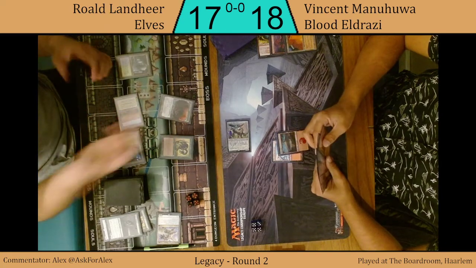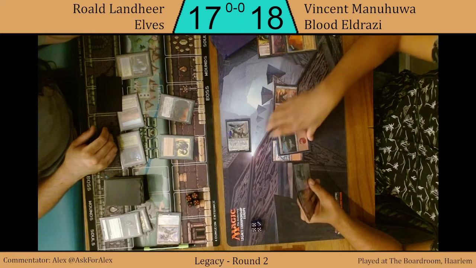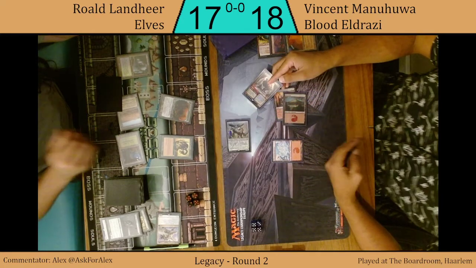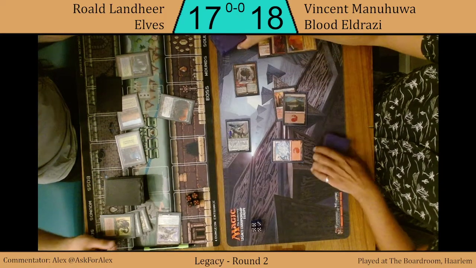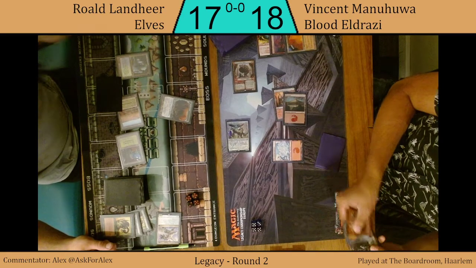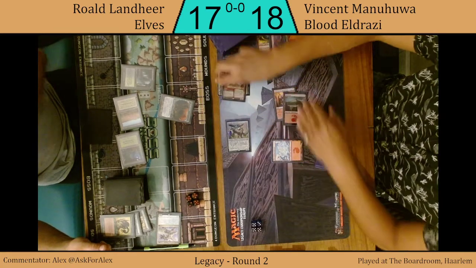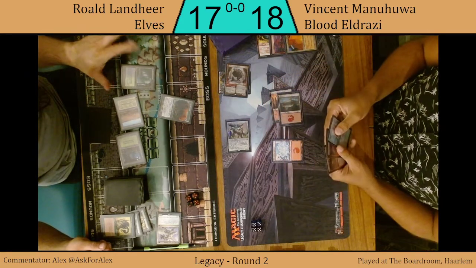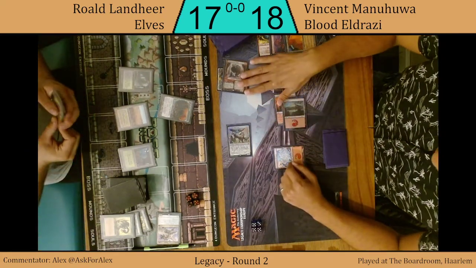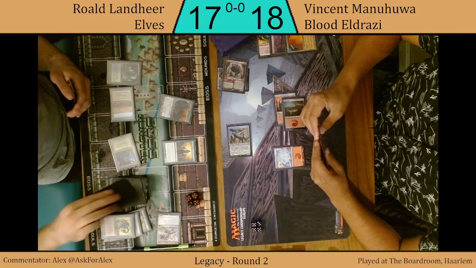Yep, blocking and bouncing with the Wirewood Symbiote. Grove of the Burnwillows, indicating that Vincent does play Punishing Fire, and here he uses the Bonecrusher Giant, the instant, Stomp, which does 3 damage, sending the giant on an adventure. And I think the Blood Eldrazi deck does have a lot of removal, which makes it difficult for Elves. What I was saying, you need to go for a combo as quick as possible if you can,